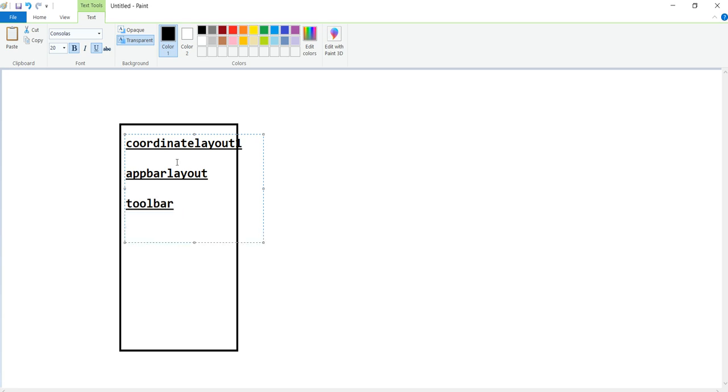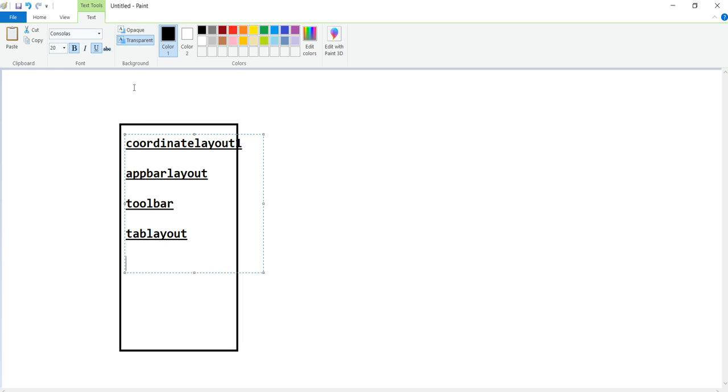I'll explain why these are all needed. Within this toolbar, we need to create the tab layout. Once we have created this tab layout, the app bar layout will close.